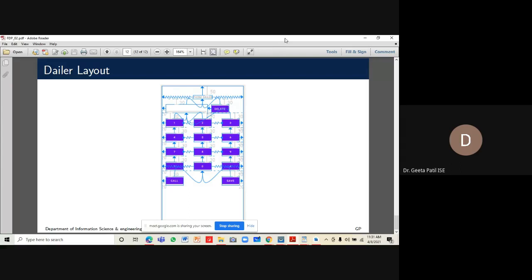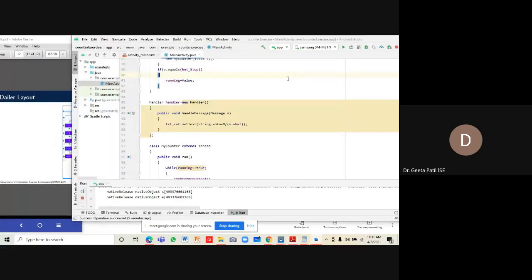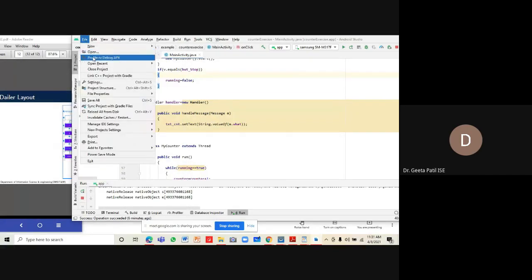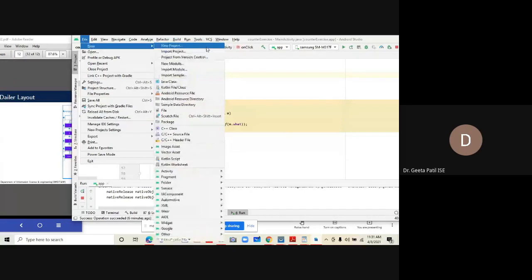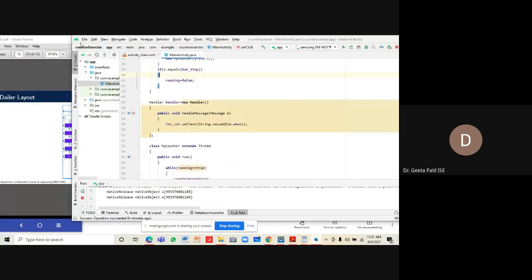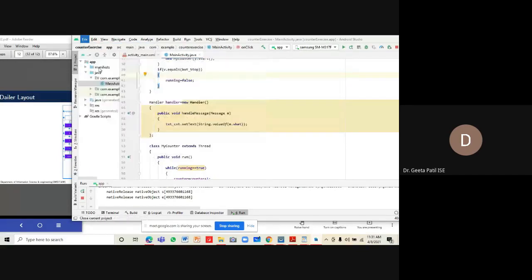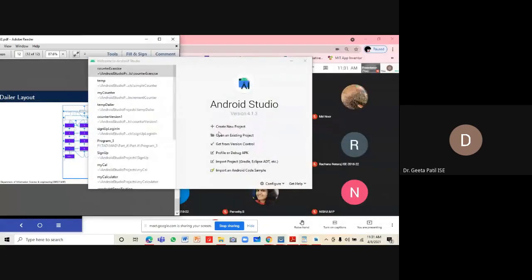So we will quickly do the design layout and put it over here. Let us create a new project. Before that, let me close this project. Any doubt in the previous project?